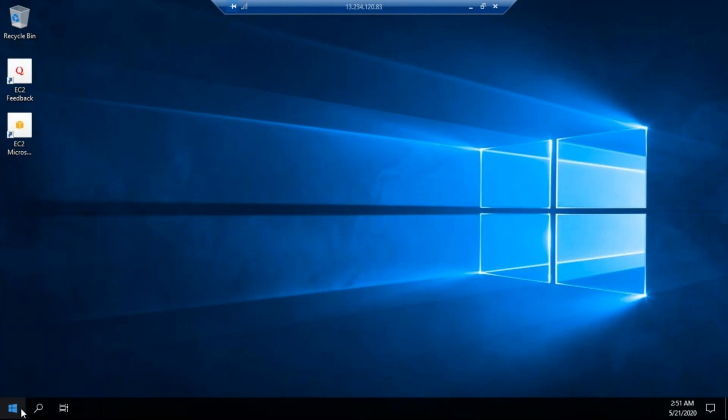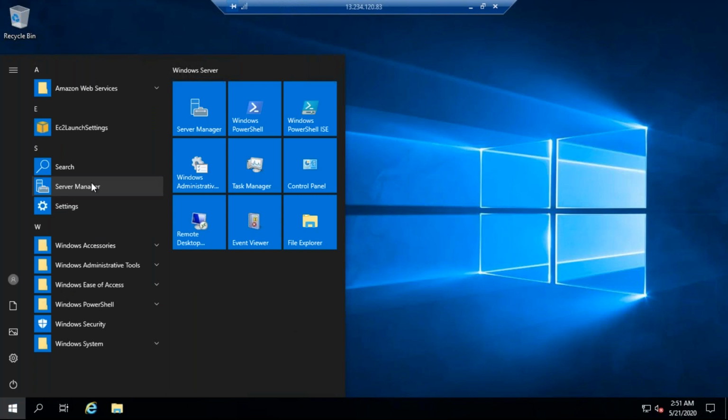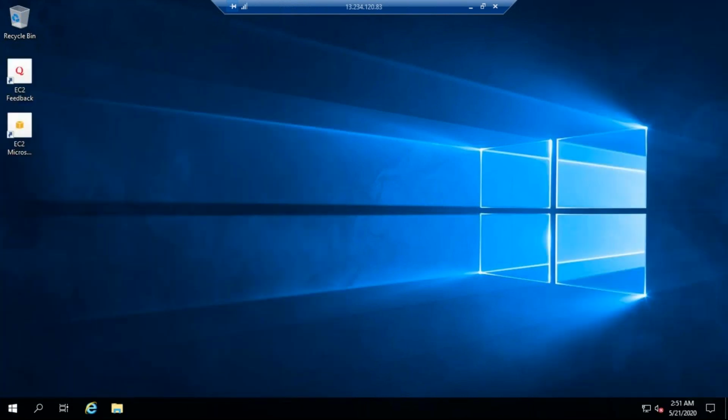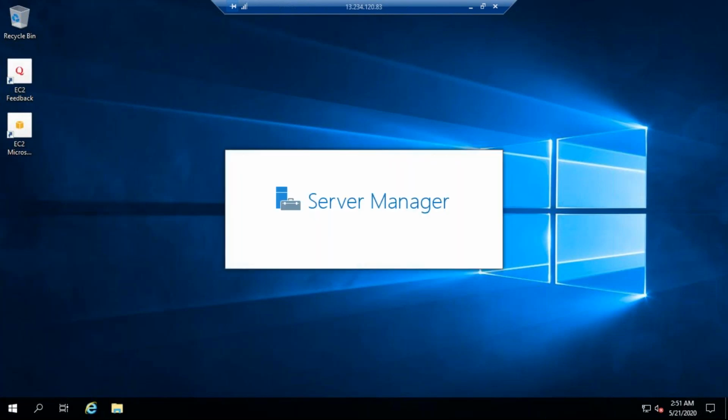Search for server manager here. So you can double click on that. We need to host the IIS server first.